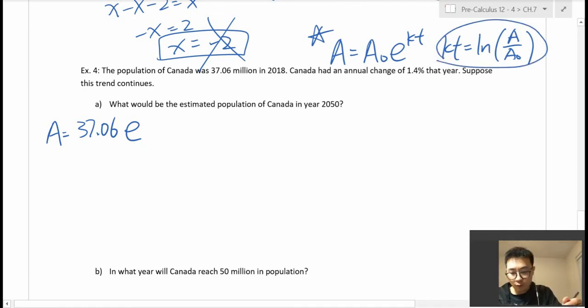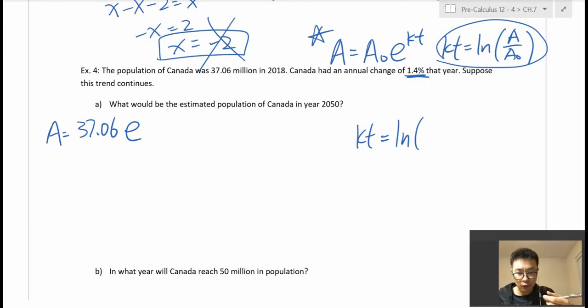So kt is equal to the natural log of A divided by A naught. Now we don't actually have A and A naught here. However, what we do know is that there was a change of 1.4% that year. It increases 1.4%. I only said annual change, but it increased by 1.4% that year, which means A divided by A naught would